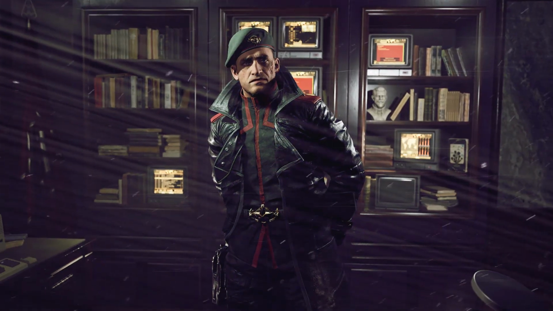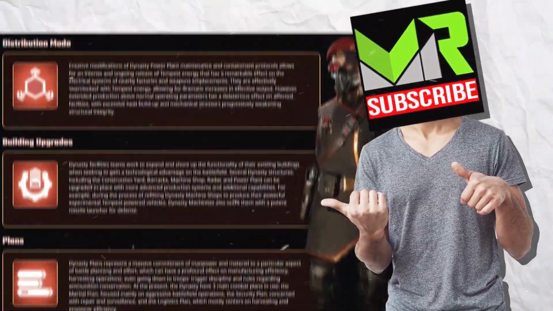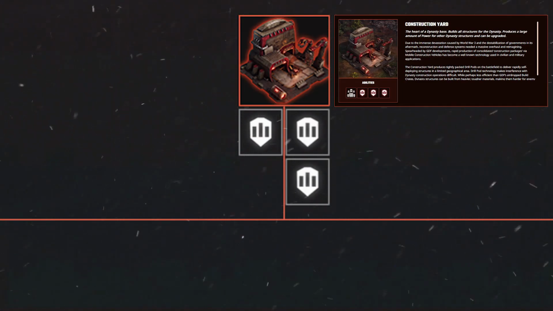This is the full tech tree overview for the Dynasty Faction in Tempest Rising. From specialist units to support powers and everything in between. So let's jump in, and it all starts with the construction yard. This is the heart of the Dynasty base that gives a large supply of power, has the ability to be